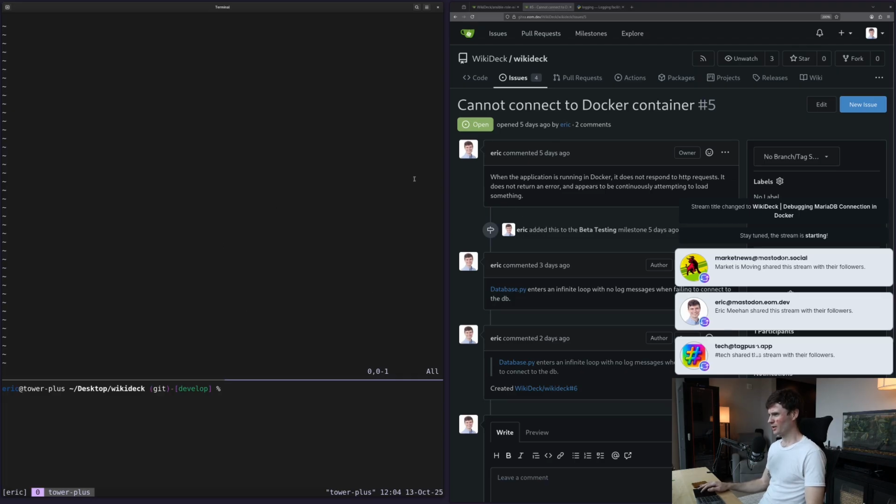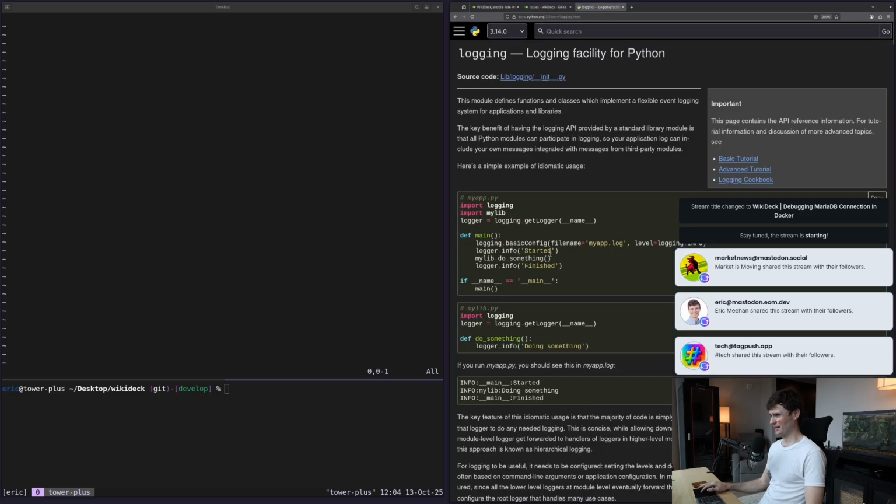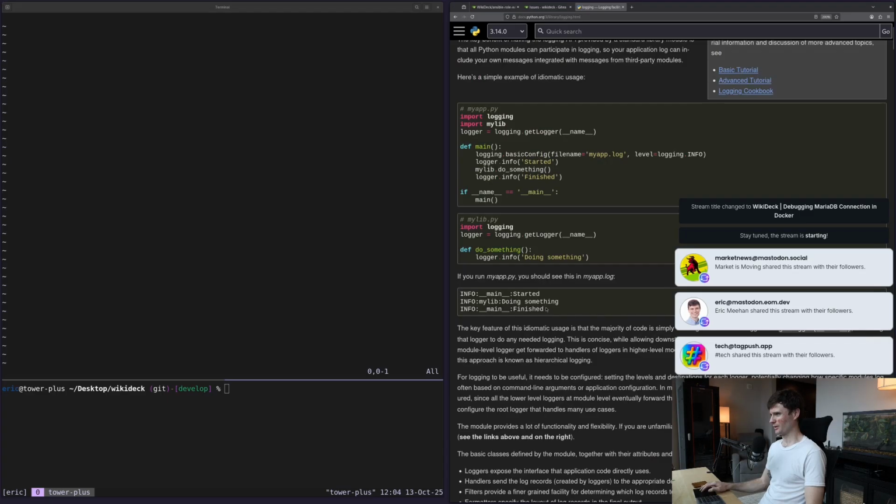So on this branch, let's just go straight into it. The first thing I want to do is actually just add some logging. So I pulled up the docs for logs, and I use Vim as my text editor. We're going to look at WikiDeck mine